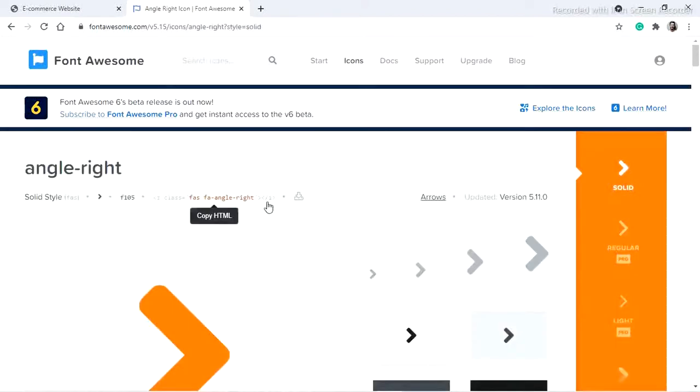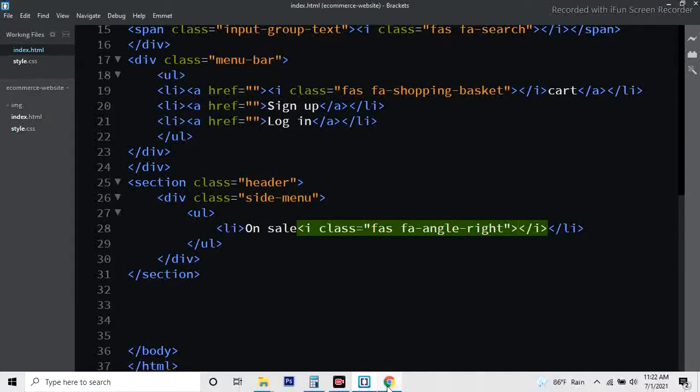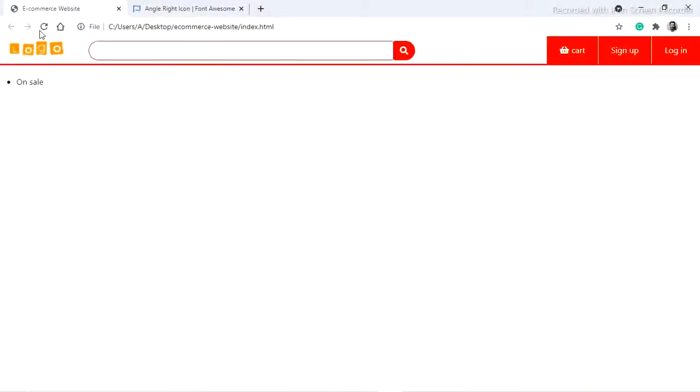Now copy this HTML and come to the HTML file, paste it here. Now come back to the website, refresh, and you can see one icon is here.